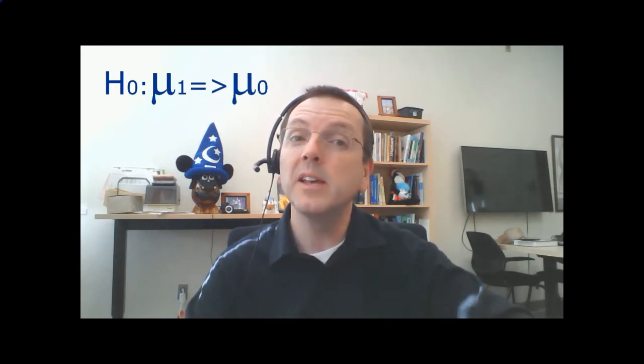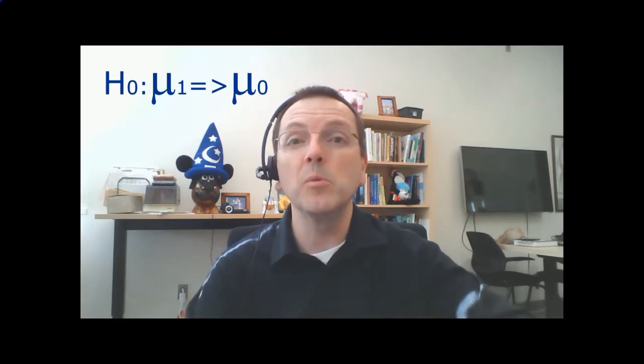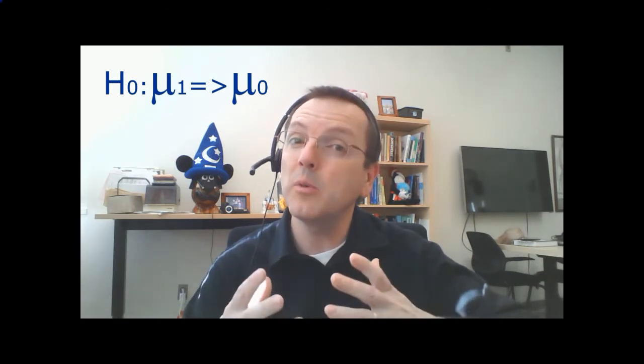Of course, you can have directional hypotheses going the other direction. It may not make sense, but what if we thought that the intervention students might score lower than the national average of 500? Maybe the intervention's a bad intervention. Our alternative hypothesis would now be that mu1 is less than mu0, or mu1 is less than 500, while our null hypothesis would be that mu1 is equal to or greater than mu0, or mu1 is equal to or greater